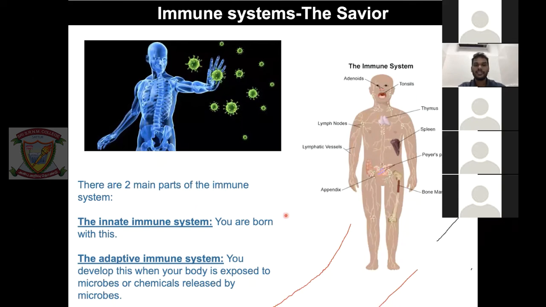So the immune system is our savior. Basically, it protects us from all the diseases that come to us, like any pathogens hitting us, all those things. So that basically saves us from diseases. There are two types of immune system. One is called the innate immune system. Basically, you are born with this. Your cells have that immune system. As soon as you're born, you might have different attacks, but nothing really is going to cause harm, because we already have the immune system.